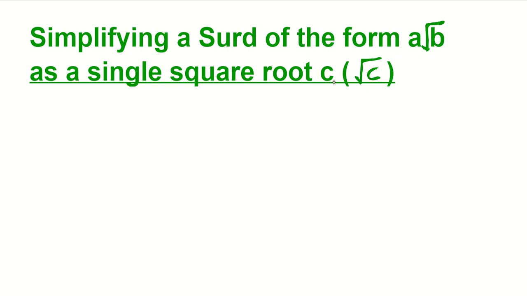It means that in case we have a square root of b, how then do we simplify this a square root of b for it to have a single square root as c? So this is the whole idea. Remember in our last example, we said, how are we going to express 5 square root of 3 for it to have a single square root as